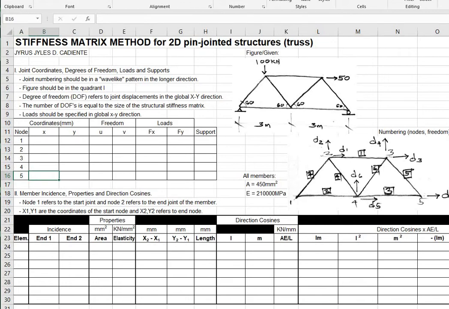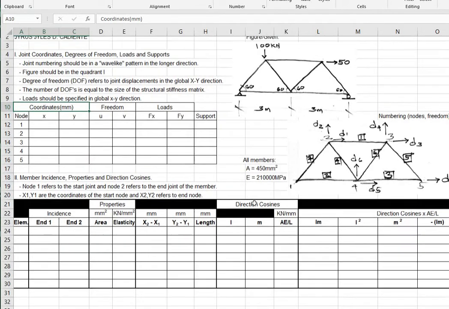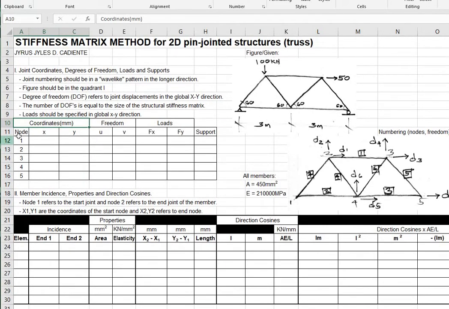Tapos, ang coordinates natin, ang ginamit ko dito ay millimeter para madaling mag-compute. Okay, so yung node 1, since this is at the origin, 0, 0 lang yan. Okay, 0 and then 0. Tapos, node 2, nasa gitna yan ng 3 meters. So, ang X ni node 2 ay